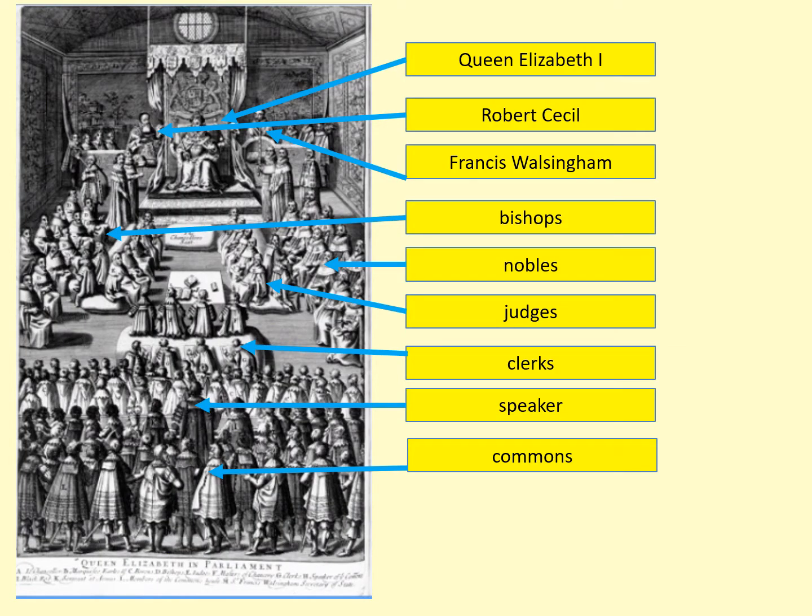So this just shows you a picture of Parliament during this time, and I've just labelled here some of the key people in there. So you can see the monarch, Elizabeth, right there on her throne. You can see Robert Cecil and Francis Walsingham, key members of the Privy Council. You've got the bishops in there, you've got the nobles, the judges, the clerks who would write down and record what actually happened in the court. You've got the Speaker, who's in control of the Parliament, just like we have a Speaker today. The Queen had the right to choose the Speaker, so she could choose someone that was sympathetic to her. And then these are what are called the Commons, the people within the Parliament.